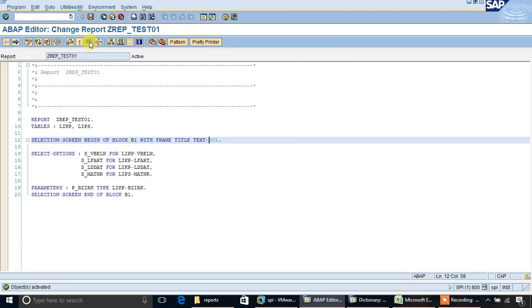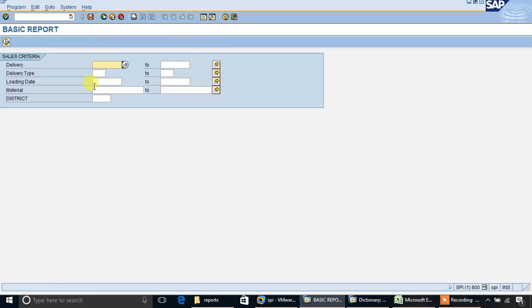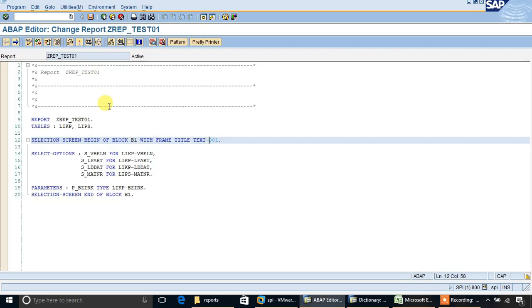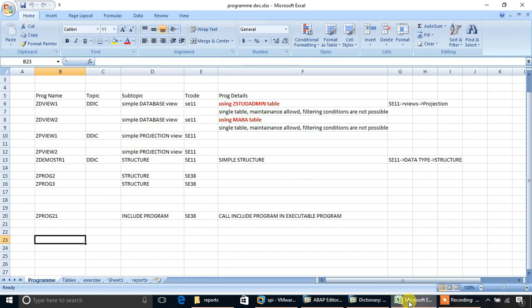And now execute it. Now you can see the block title selection criteria. In this way we can create an outline or box.